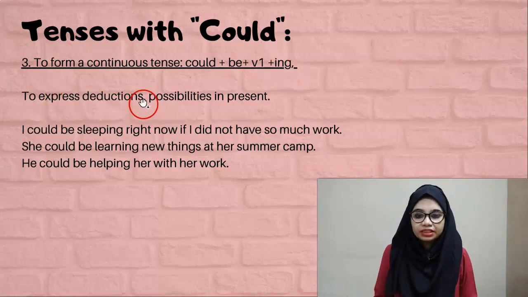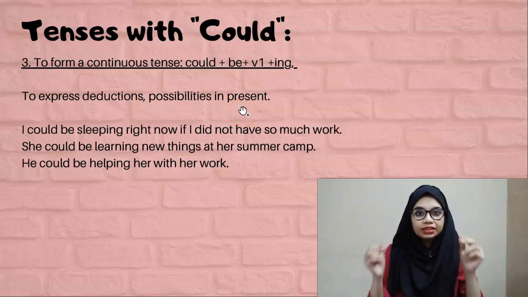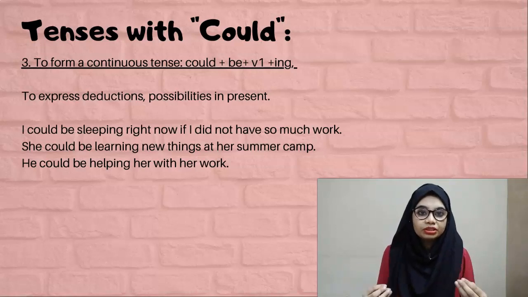To express deductions and possibilities in the present, could with the continuous sentence is used mainly to express deductions and possibilities in the present. For example, I could be sleeping right now if I did not have so much work. So it is possible for me to go to bed right now, but I have a lot of work and